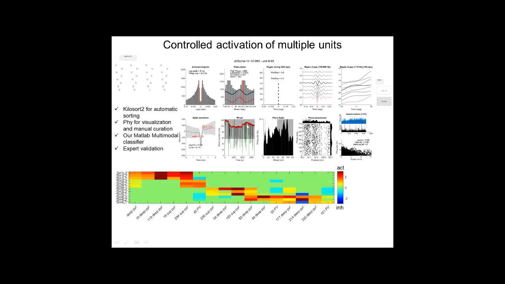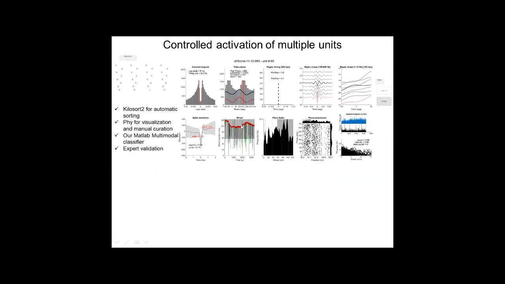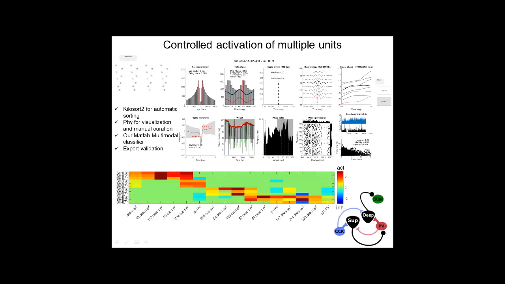Running in a wheel, as I showed you, allows you to extract spatial information. In this particular case, the cell did not have any spatial tuning, but we can also calculate phase precession and other features regarding the spatial representation and other kinematic properties, like, for instance, whether the cell is speed modulated or not. So we can putatively identify different cells that we can somehow classify as deep or not, depending on their location in the track, using the information as I was explaining before, and then try to see whether these cells were